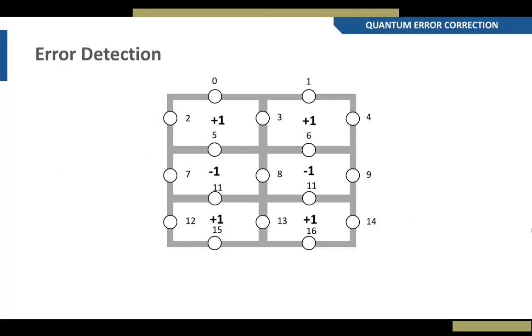Now, if you found out that 2 of these stabilizers show up as -1 at some point, one possibility is that there was a bit flip on the middle qubit, qubit 8,